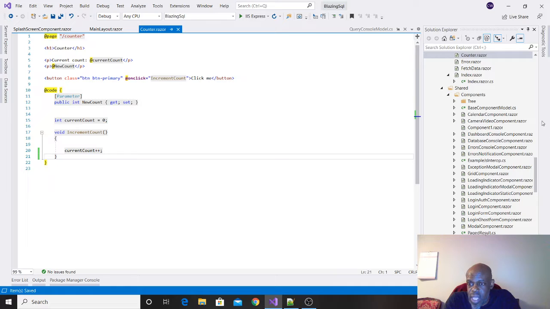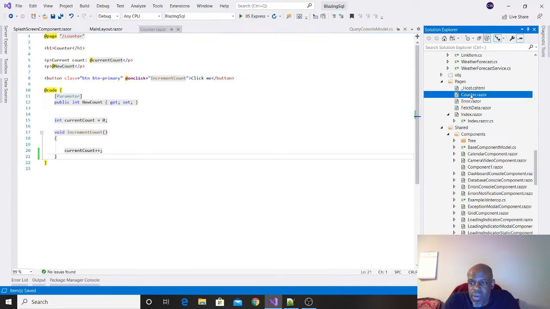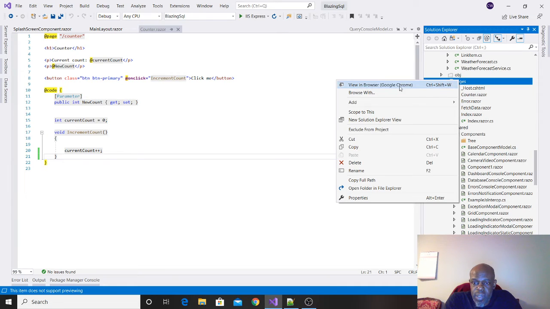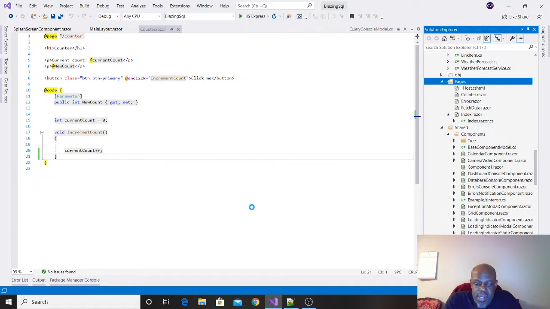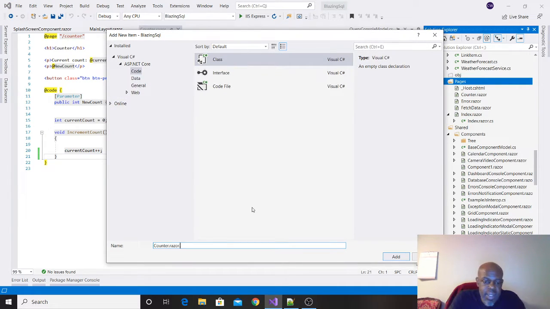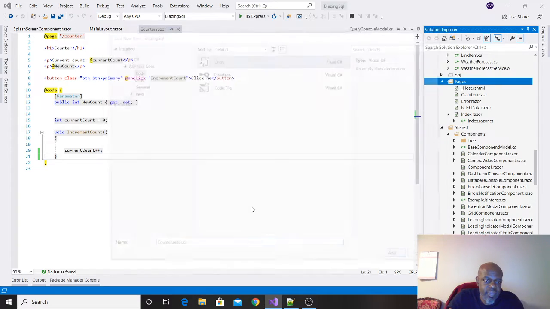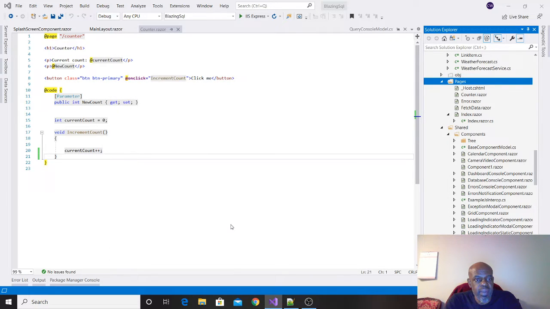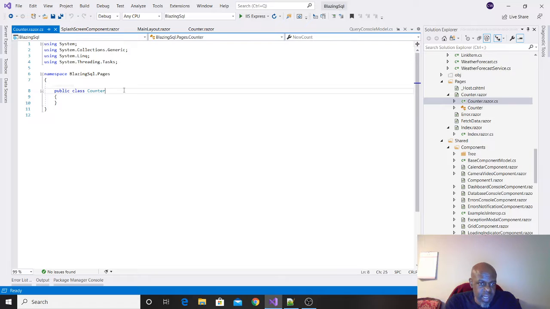What I would do is I would take this counter, copy it, do an add class, paste it, and put a CS on the end. And this information is on Microsoft's website, so you can actually go to Microsoft's website and it'll tell you exactly what you need to do.